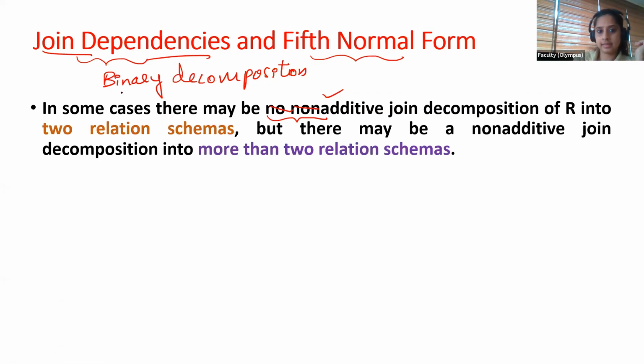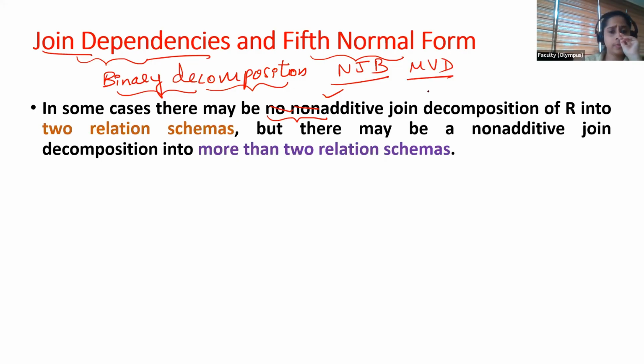So now the point I'll come to here. When you come to fifth normal form, when you don't get multi-value dependency, when you don't get BCNF problems, till multi-value dependency, everything is binary decomposition, right? In BCNF, if you get any problem, you use NJB. When dependency preservation fails, usually you will get that in BCNF, in most of the cases. So using NJB property also does binary decomposition. One table is divided into two tables, that is called binary decomposition. That's all. So till multi-value dependency, you will break the table into two,